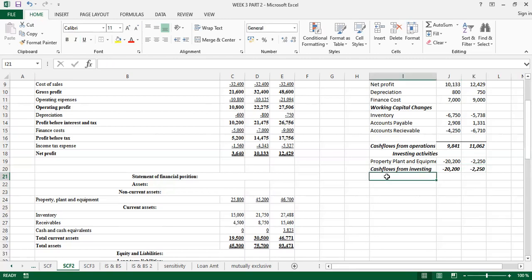So we come to financing activities. Financing activities. Control Enter, and I merge with the first one, or you can merge the whole thing. I merge the first one. So under financing activities, remember, we shall have